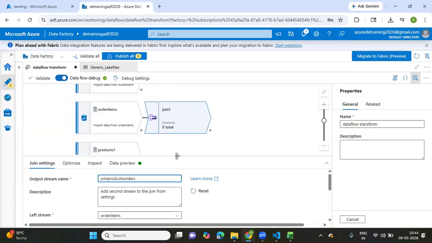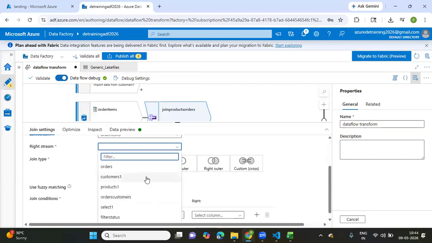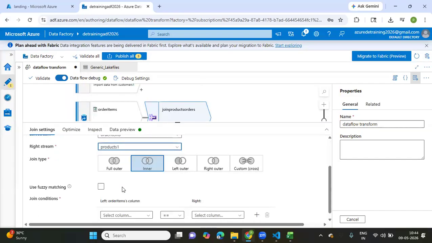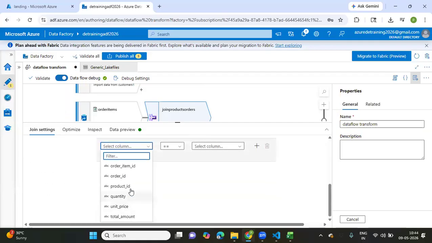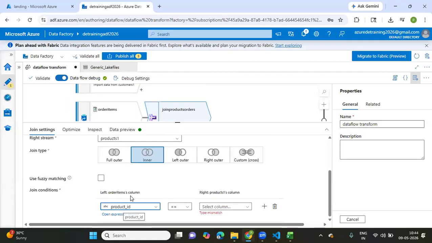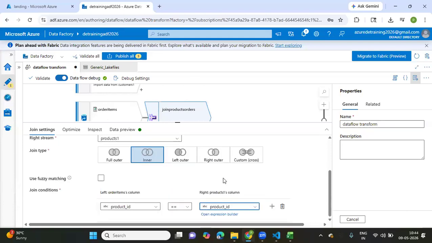So once I create a link that will get added. Let's see. Left data set is order items and the right data set is products one. So what kind of join do I want to do? Let's say I want to do an inner join. On which column? The product ID. So the product ID from the order items table and the product ID from the products table. Okay,